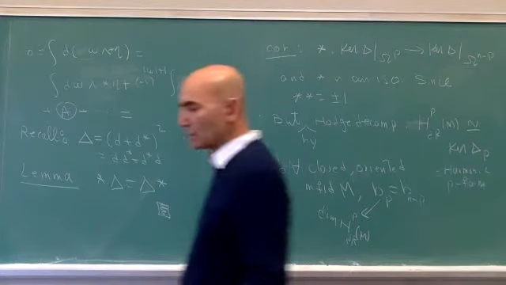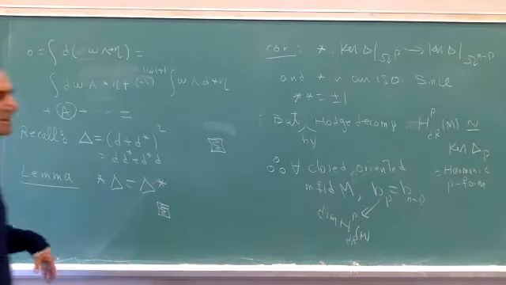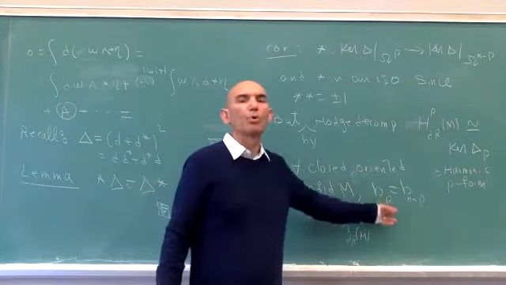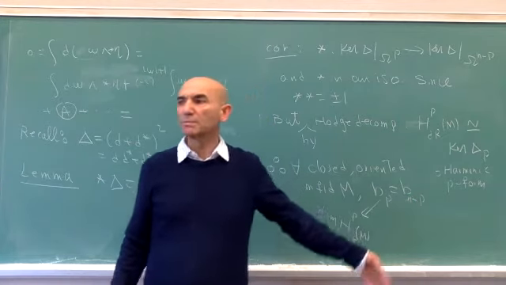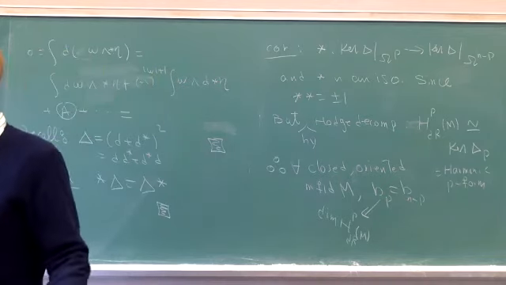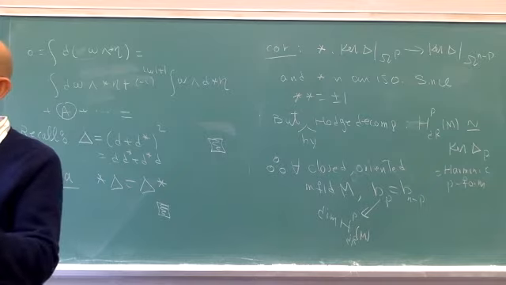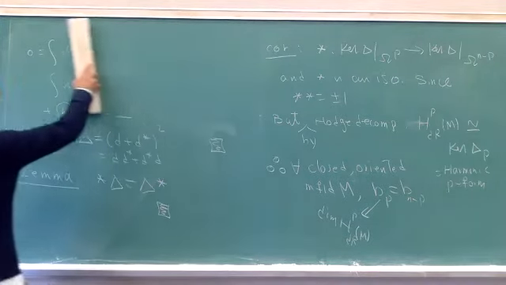But Poincare duality, in fact, is a bit more. It's not that these two numbers are equal. That is not Poincare duality. The fact that the p-th Betti number is equal to the (n minus p)-th Betti number is not Poincare duality. Poincare duality is something much more canonical and even more interesting. It says that there exists a certain intersection pairing that is non-degenerate. And that also follows from this.